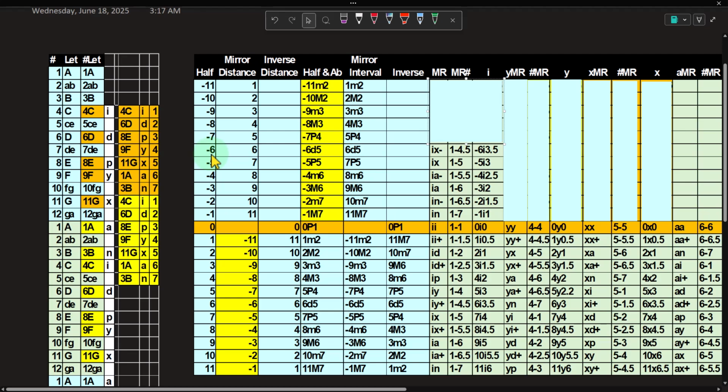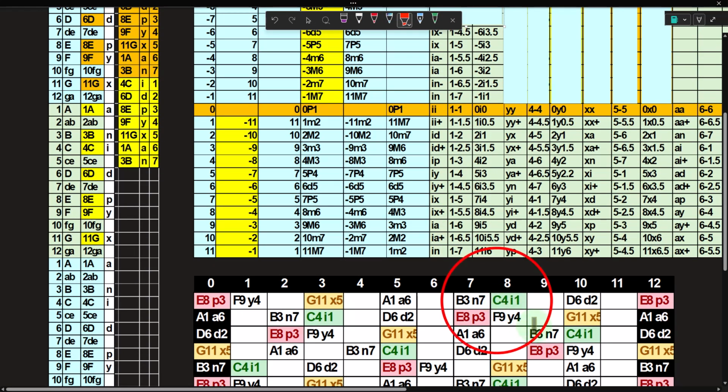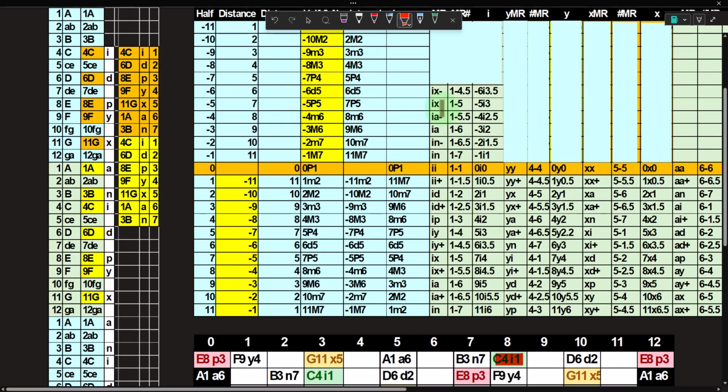We're going to go back 6. So if I'm on the Ionian and I go back 6, it would be then an Ionian to the X negative, which would be a 1 to a 4.5. Because if I go back 6, 1, 2, 3, 4, 5, 6. So we're just past, we're in the ocean between the Lydian and the Mixolydian. I'm going to call that the Lydian Ocean. The Lydian's always to the right of it. We'll call it the Lydian Ocean. So we're on the Lydian Ocean, and so